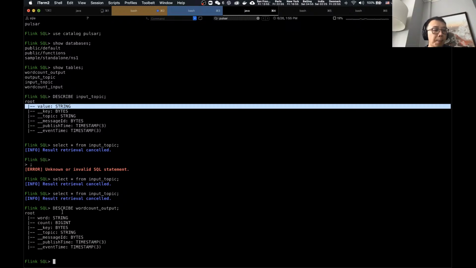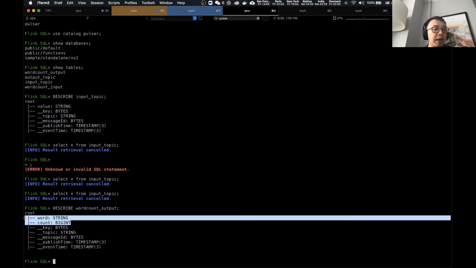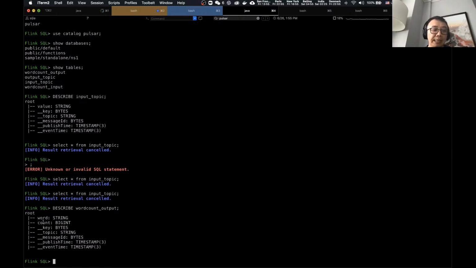As you can see here, this field is a bit different from this field. It's because the Avro schema of word count output is a struct schema. So when we convert the struct schema into a Flink row, we map individual fields as the fields for Flink. So when you describe this topic, you will see those individual fields here. And if we select from